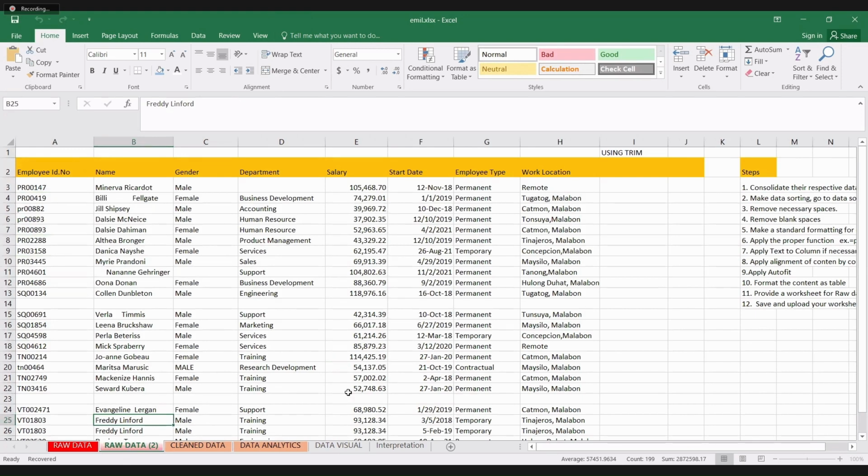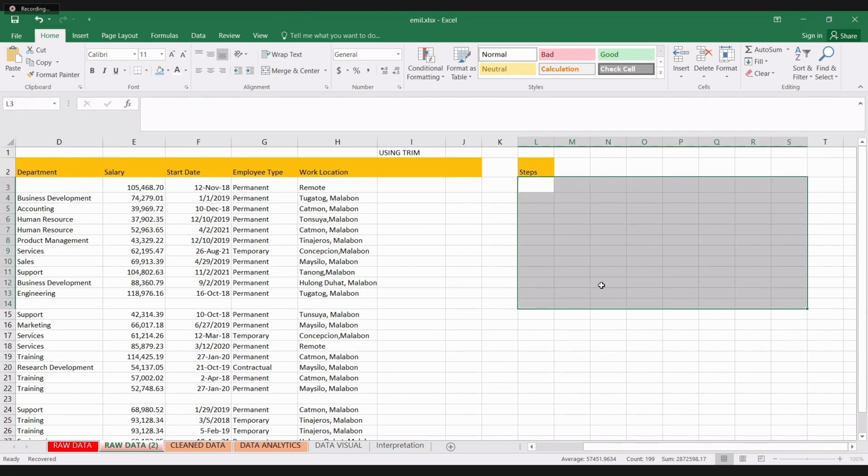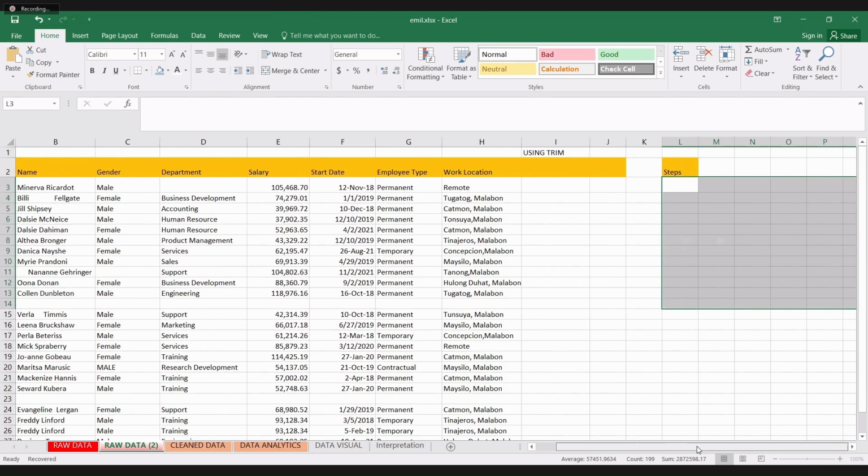Okay, so ito na po yung raw data natin. By the way, yung steps po, nandito nilagay din natin at meron din naman yan from the worksheet, no? Doon sa mga exercise templates po natin, nakaspecify po doon yung gagawin ninyo. Okay. So on your worksheet, you have here your data. Naglagay rin po tayo dito ng mga extra columns, no? Para gagamitin natin for doing the data cleaning. Okay, so the first